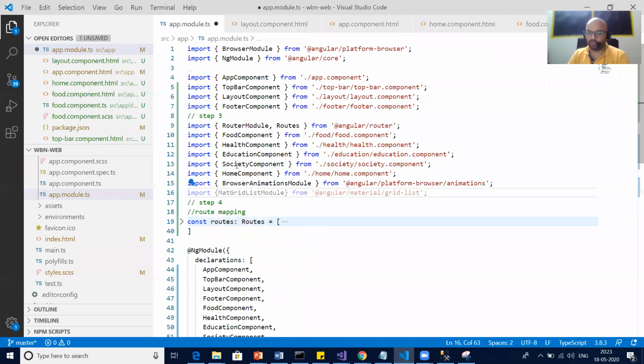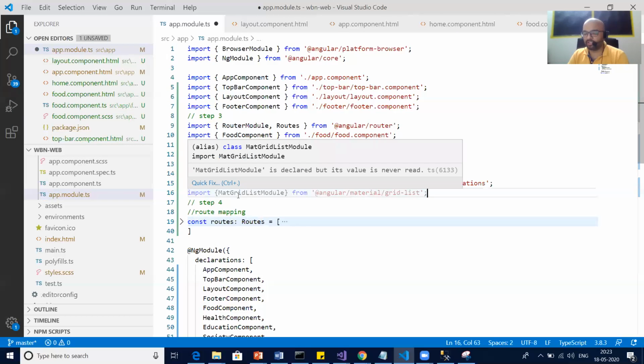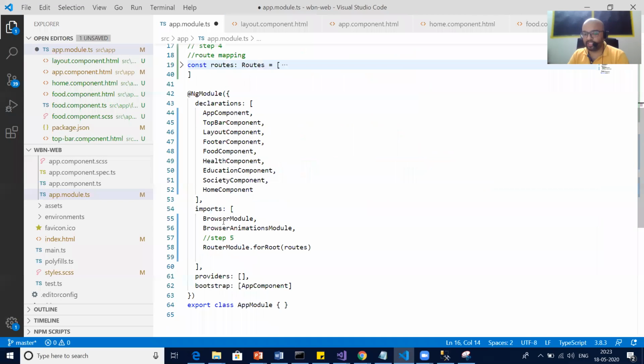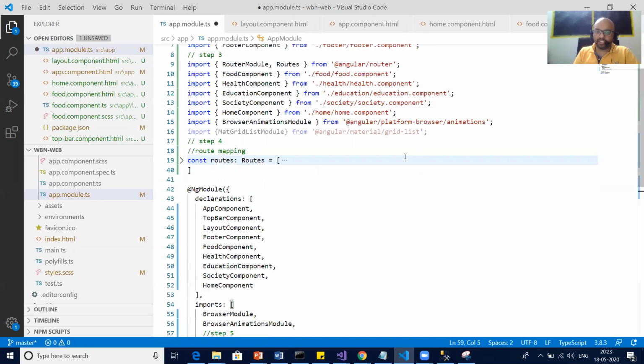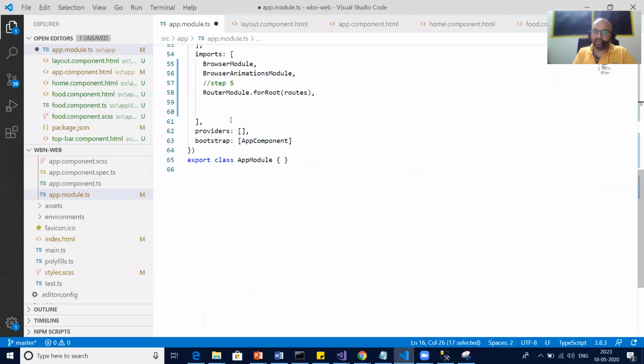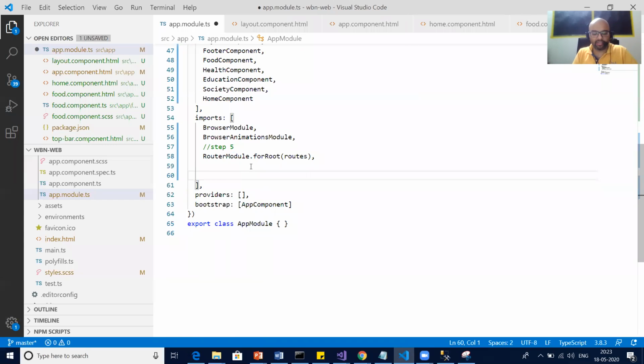Of course, first we need to refer to it over here in the import section, means import it, and then inject it in the imports array. And the third one was third party. So this Angular material is third party. So what module did we copy? Mat grid. We will include the mat grid only here in the import section. So Angular, mat grid list module, correct?